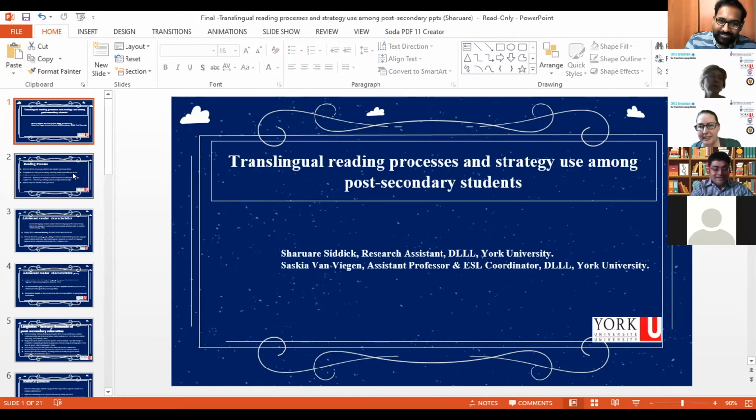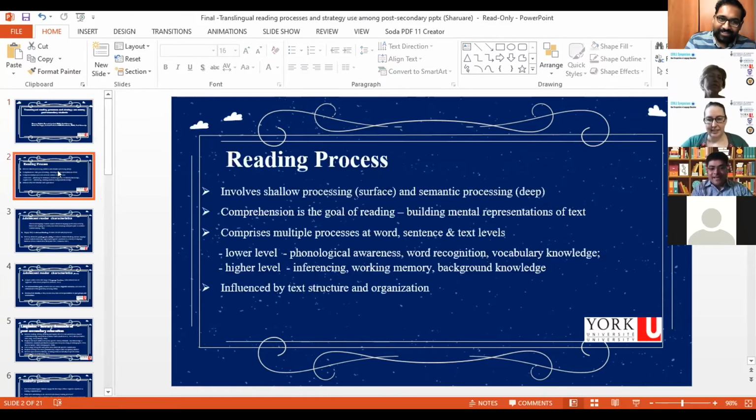In my second slide regarding the reading process, Cummins said that learning to read is accomplished only once, and that once learners have matured in their ability to read in their first language, the awareness of the reading process transfers to the second language and doesn't need to be relearned. Thus, reading performance in the second language was claimed to share a common underlying proficiency with reading ability in the first language.